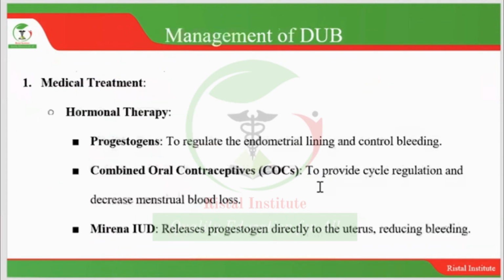Management of DUB, medical treatment, hormonal therapy. Here, progestogens can be given to regulate the endometrial lining and control bleeding. Then combined oral contraceptives or COC